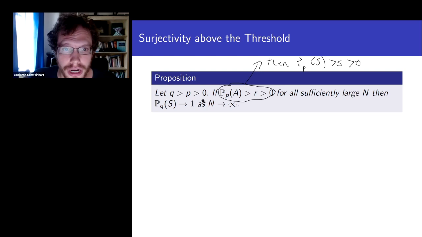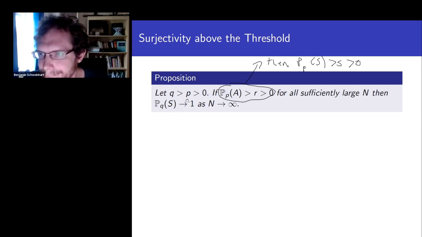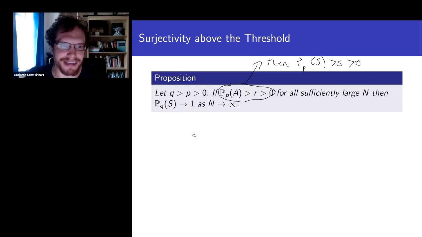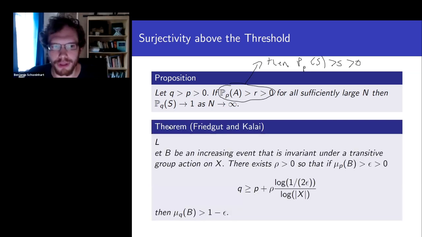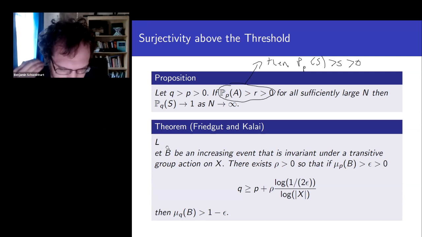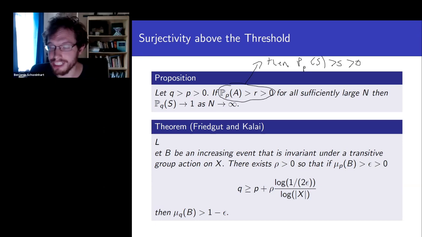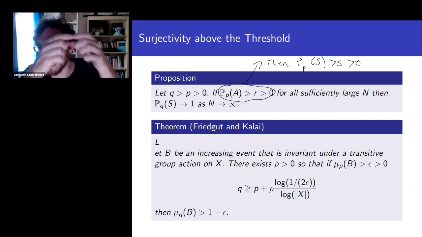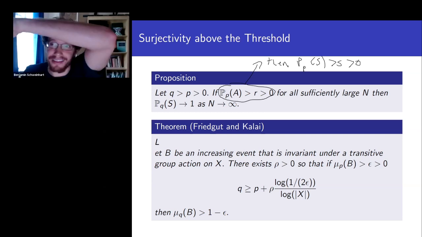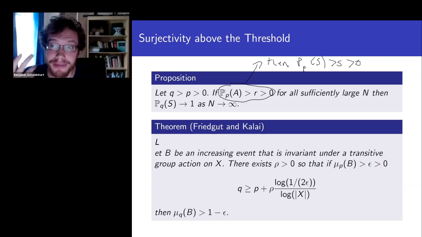And so our next step is to show that this in fact implies that the probability of getting all giant cycles goes to 1 if we take Q greater than P. And this follows from the local symmetry I mentioned. So if we look at the full symmetry group of the torus, we also have translations. And then the full symmetry group of the torus acts transitively on our two plaquettes, for example. If we're looking at two-dimensional plaquette percolation, we can take one two plaquette to any other two plaquette. And the fact that we have this symmetry on the plaquettes tells us that we can apply the theorem of